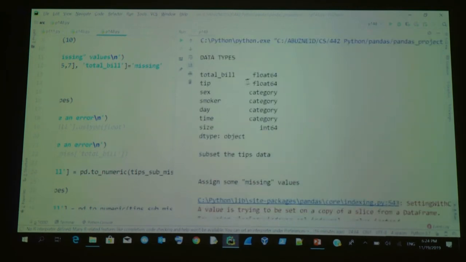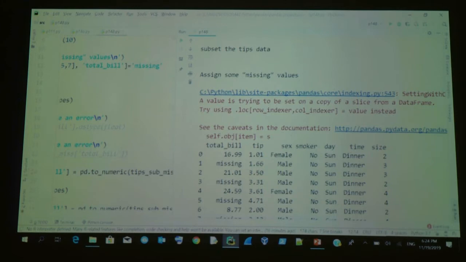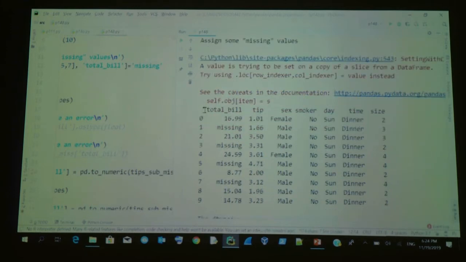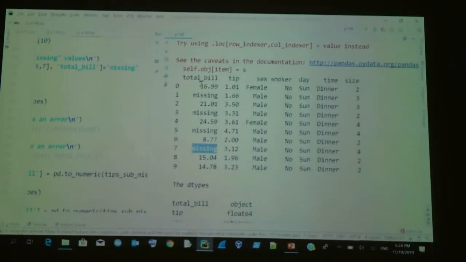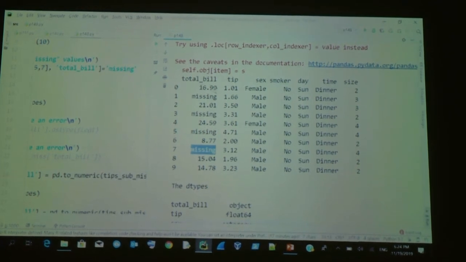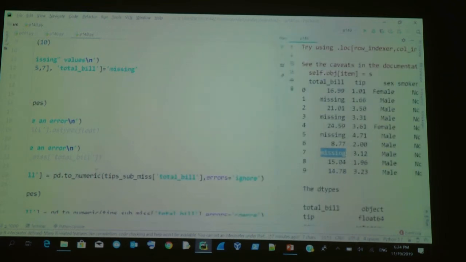Alright. So that's the original data frame, right? Then in here, we added missing values. In the total bill, as you see here, I added missing values to a subset of the data frame. For testing, we added a missing value, right? So after we added the missing values, okay, here,